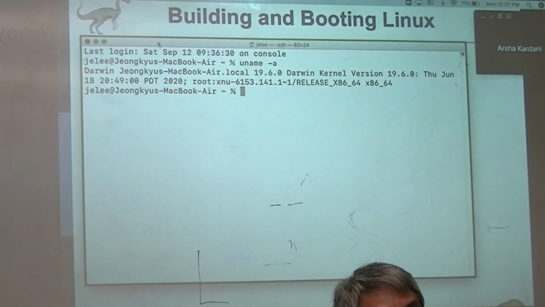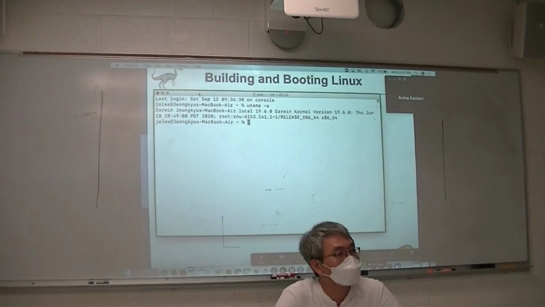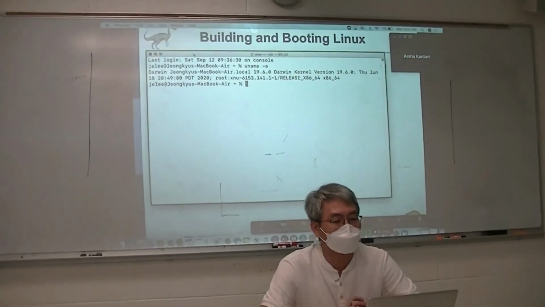At the time when we create the virtual machine on GCP, it will show the Linux kernel, version 2.6 or 2.7 like that. Okay?